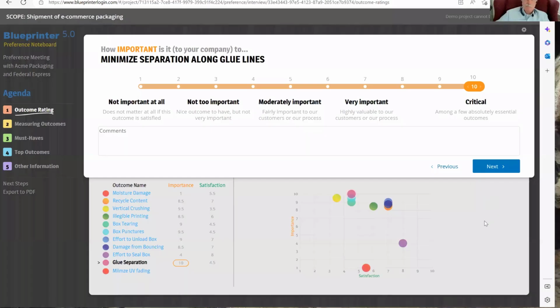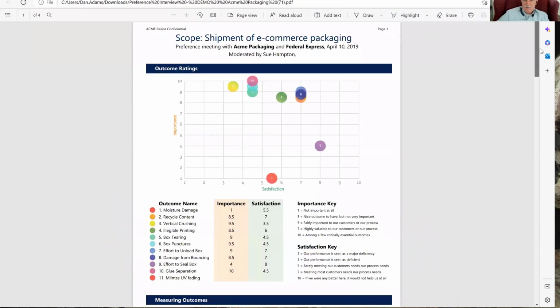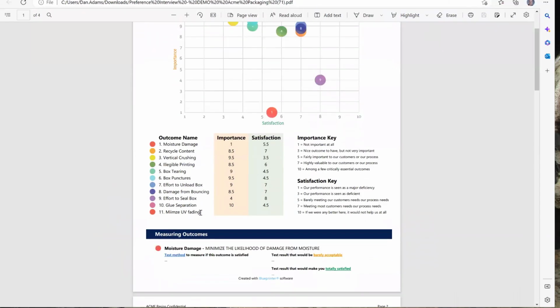Yes. Now, if you export to PDF, yeah, export to PDF. Let's do that right now. It's cooking. Okay, there we go. Yes, all right. So here's my